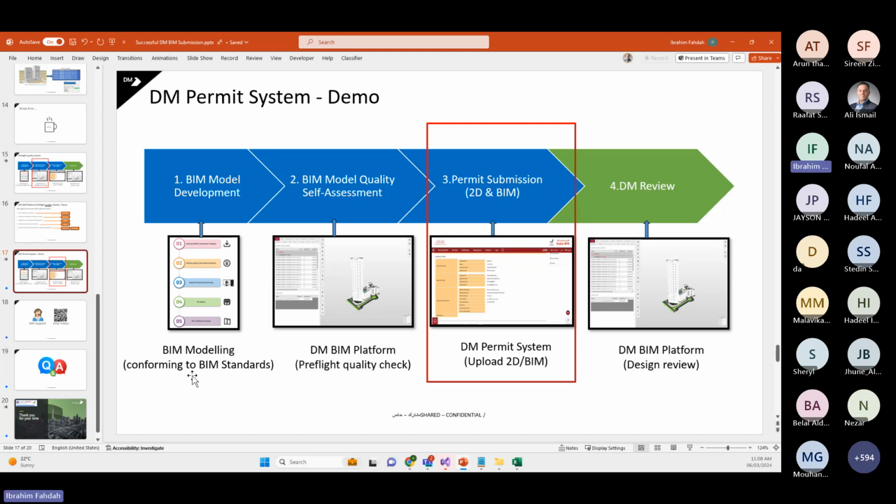And during the process in the permitting application, you will link to the BIM session, because you can create multiple BIM sessions. Ideally, when you come to the permitting step, I would recommend starting a new BIM session on the BIM platform, on the Built in Dubai platform. So you start from a clean session